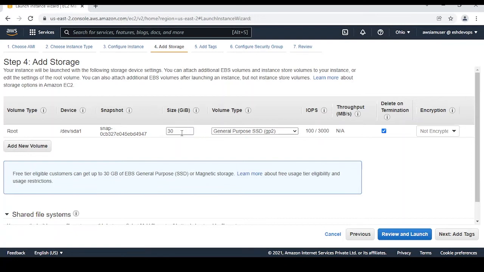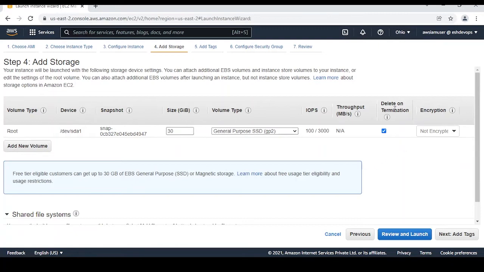If you increase this size to more than 30 GB, you have to pay money for the extra GBs. So be sure that you provided 30 GB, not more than that, but you can give less than 30 GB, because up to 30 GB you are not going to pay any money.